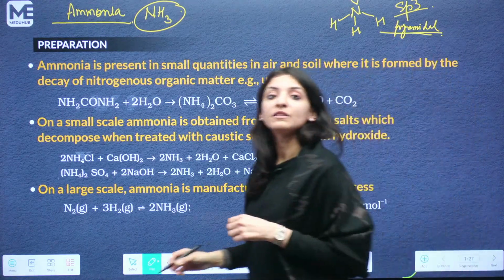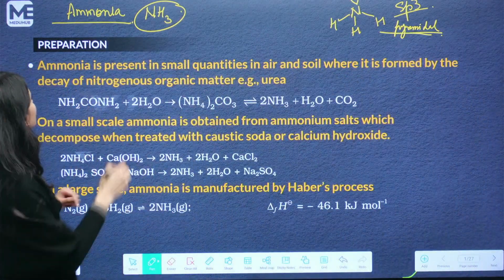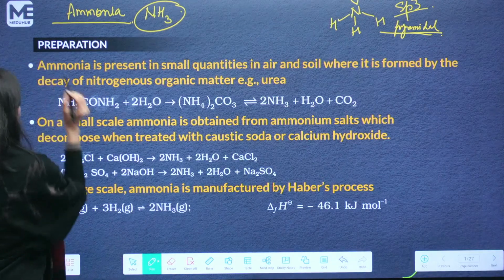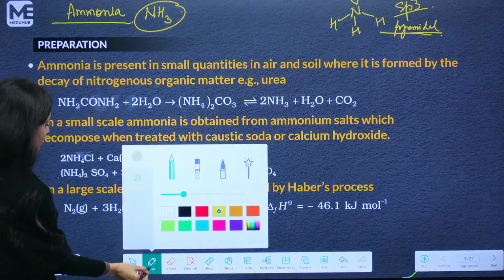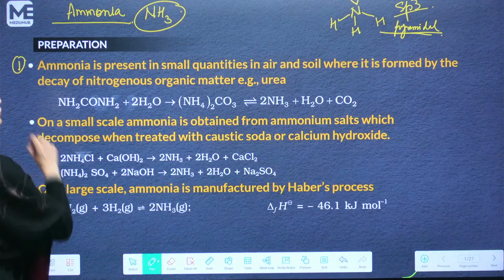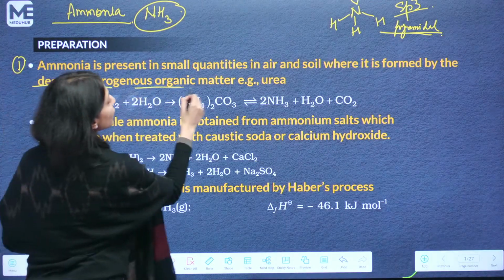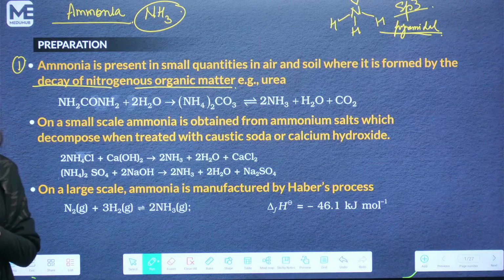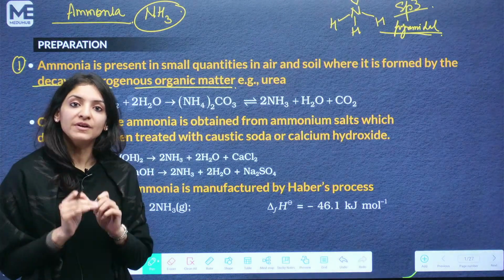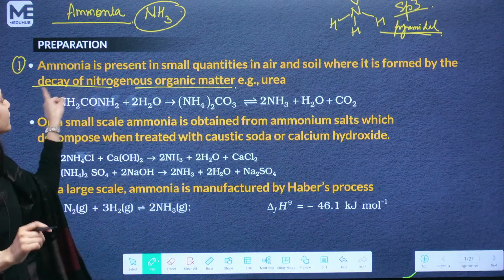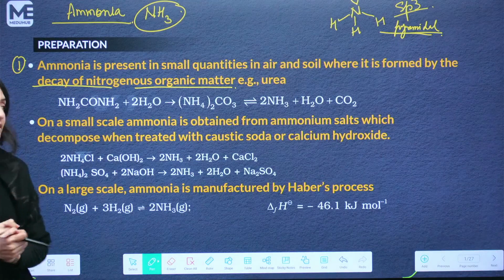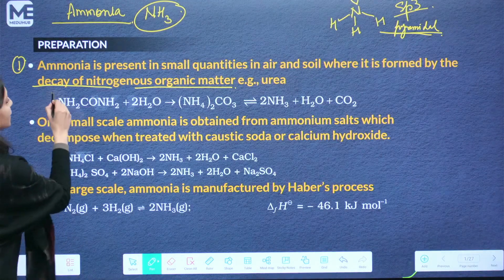If we talk about the preparation of ammonia, the first method is from decay of nitrogenous organic matter. So ammonia is present in little amount in the air as well as soil, and that is found because of decay of nitrogenous organic matter in the soil. So this is urea,